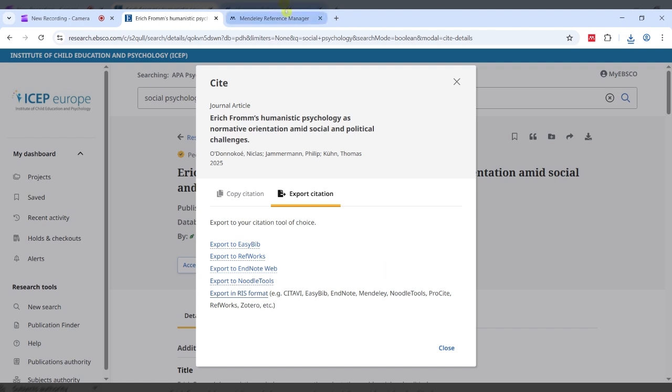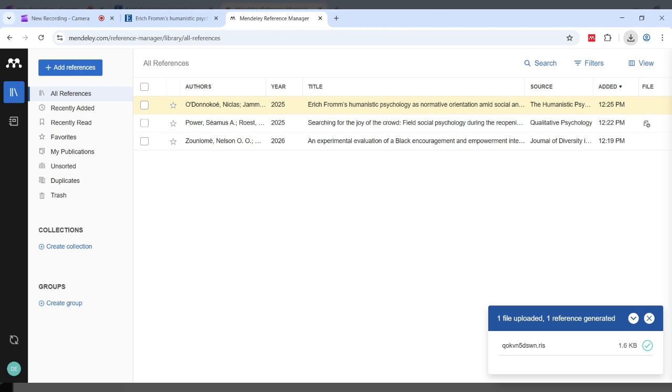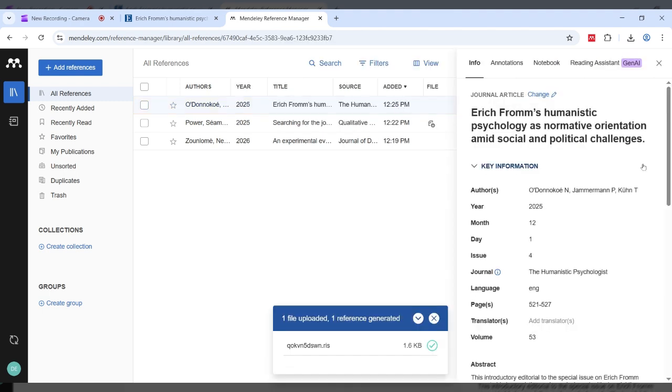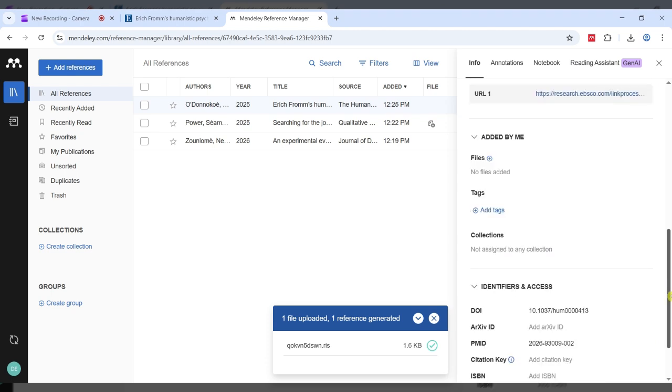So all we do is go back to Mendeley again. And similar to the PDF, I'm going to go into my recent downloads, and I'm just going to drag and drop that RIS file. So you don't need to concern yourself too much about what an RIS file is. That's just the format that works. And you can see, again, it's highlighting yellow, the most recent one. On first glance, it has our authors, our title, the source. But again, we can click on it and take a look. Everything looks all right, but you'll be able to look at that yourself to make sure it has the URL in as well.